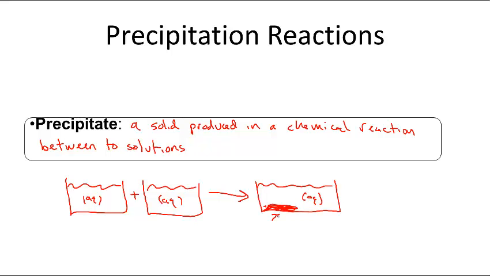So you have this solid and a solution. So in terms of how we categorize this, a precipitation reaction, in terms of what we've already talked about, is a double exchange reaction